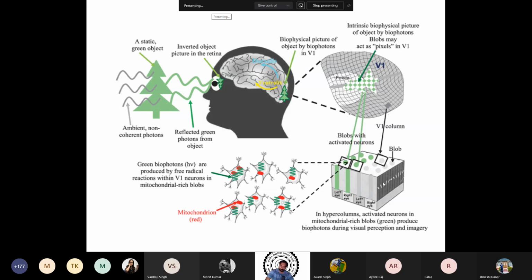Each has its own layers of neurons. Neurons are these kinds of cells in the brain and in other parts of the body, but here we are talking about the brain. And they come in different shapes and sizes. This is one kind of shape that neurons take. Each of these columns, which are also called hypercolumns, has a whole bunch of neurons within them, which eventually fire. Fire means they get activated neurochemically. And of course, these are individual cells, so you have mitochondria and all for each of them. This whole set of neural activity helps us realize that you are seeing a tree.